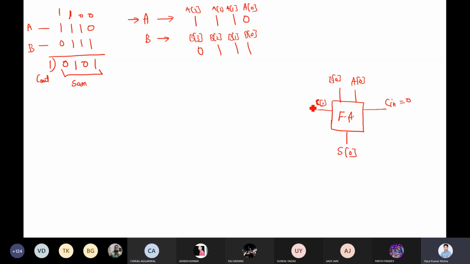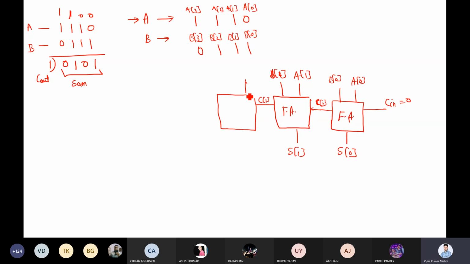Right. Now I'm saying I will take another full adder that will feed here. For this full adder, I have A1, B1, and the output is S of 1. This is your full adder, and here the carry will be C1, that will be the output. For the third bit, I will take another full adder, that is A2, B2, this is S of 2, and we have another full adder, and this is C2.